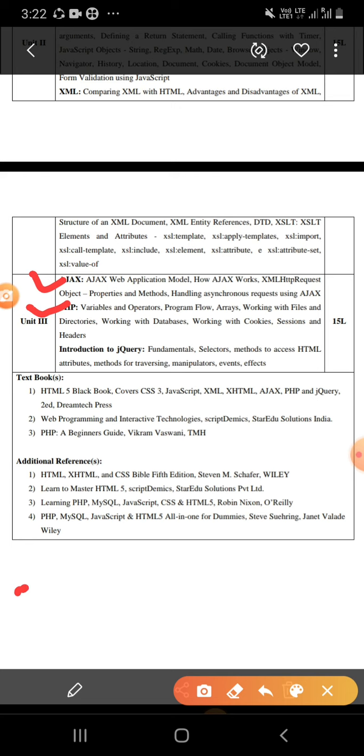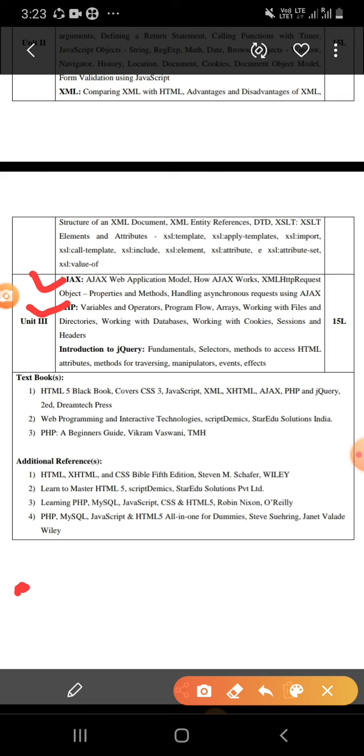But using PHP you can connect with the backend also. That's why PHP is mostly used for making websites. How we can connect PHP and database, all those topics we will cover in PHP.